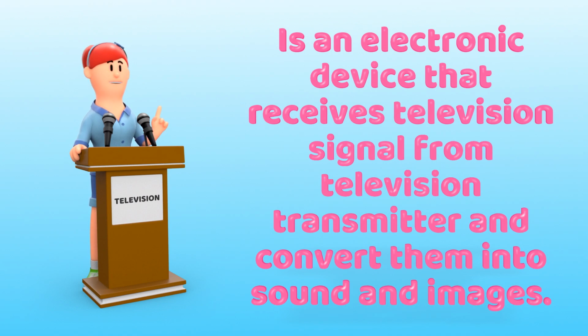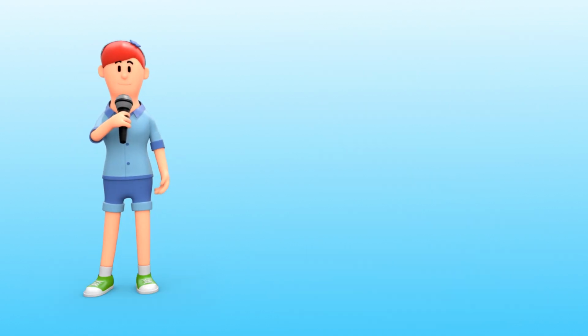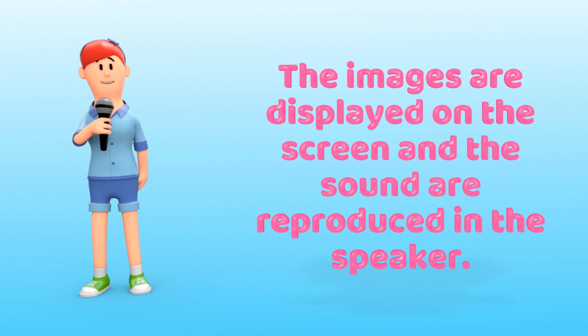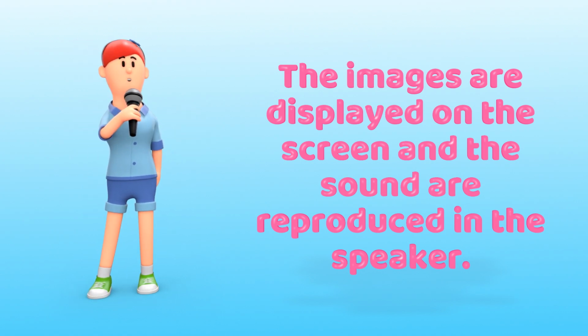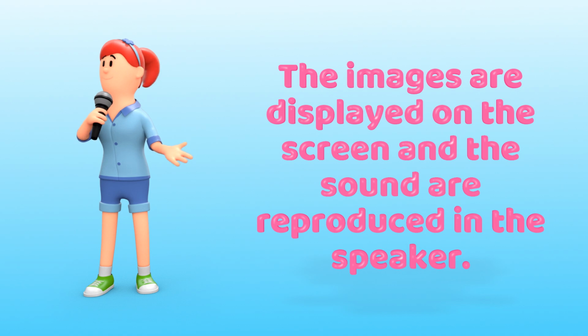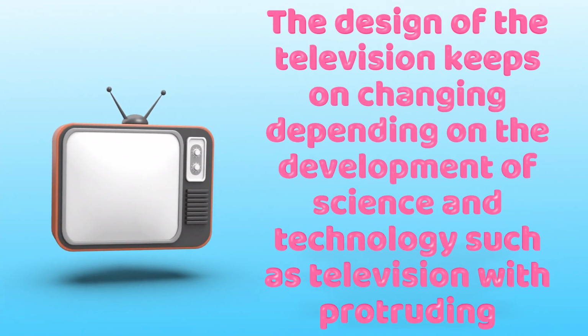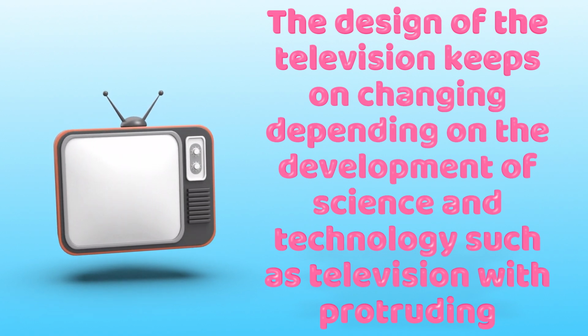A television is an electronic device that receives television signals from a television transmitter and converts them into sound and images. The images which are formed on the television are displayed on the screen, and the sound is reproduced in the speaker. The design of the television keeps on changing depending on the development of science and technology, such